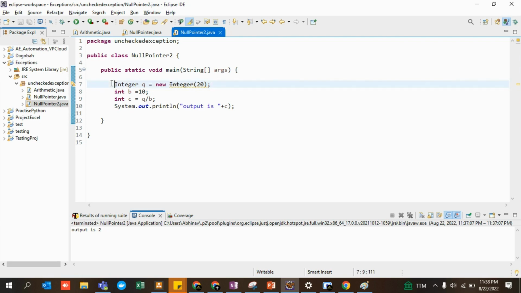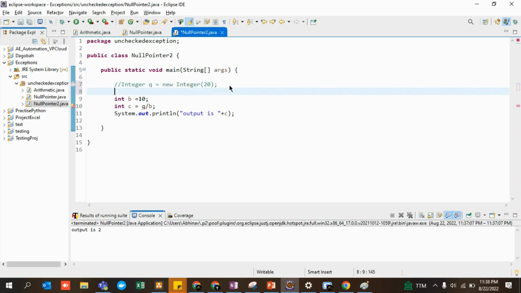So that guy said, okay, yeah, it is working fine. But what happens if I do this particular stuff? Again I'm creating int a, and I'm not assigning it anything. Let's say c equals a by b. It's the same program. I have just replaced the variables, right? So a, I have not defined anything over here.